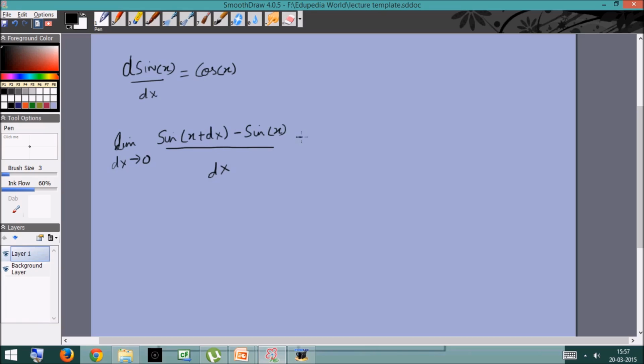So we'll use the formula for sine of (a plus b), which is sine a cos b plus cos a sine b. So this becomes sine x cos dx plus cos x sine dx, minus sine x, by dx. Now since dx is a very small number, it's very close to 0 and cos of 0 is 1, cos of dx can be taken to be approximately equal to 1. So this term approximately cancels with this term. It doesn't exactly cancel, but the difference is almost negligible. So the answer becomes cos x times